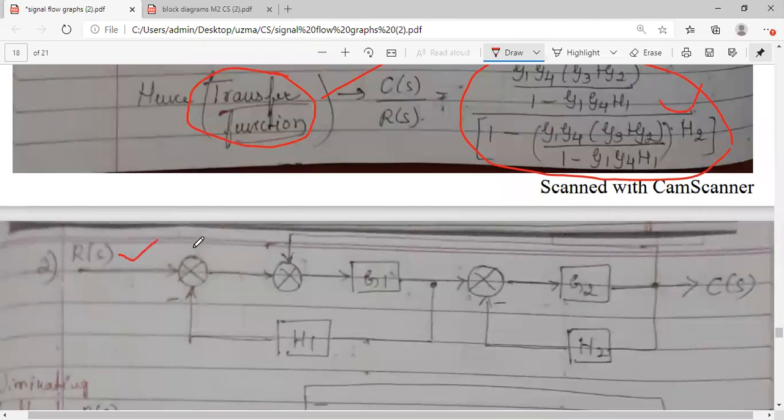Given R of S, you have a summing point here, you have a negative feedback here, this is also negative. Don't consider that feedback will always look like this. You can see here also there is a feedback, a single line coming from here to here. You don't have any blocks, which means it is unity feedback, 1. And you have one more summing point with a negative feedback. So all 3 feedbacks here are negative feedback. So in the formula, 1 plus will come. Okay, let us start. How should I start?